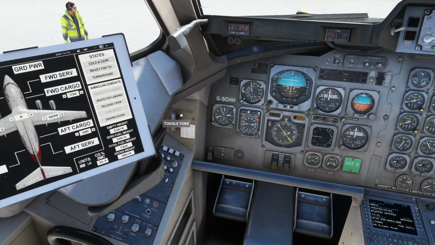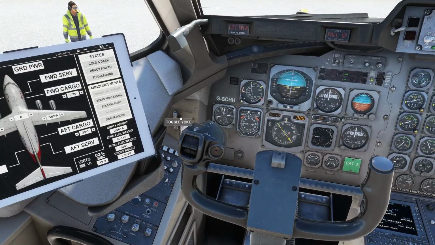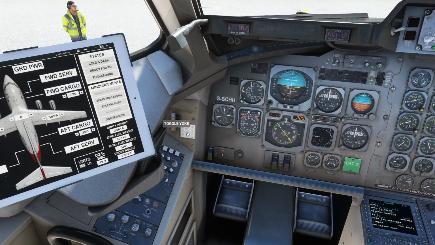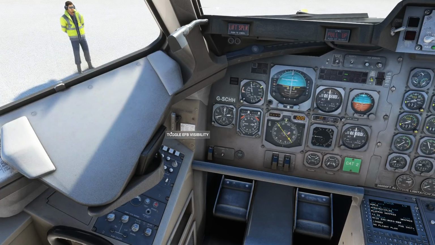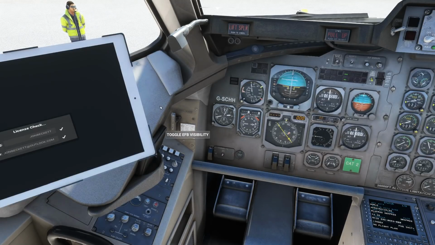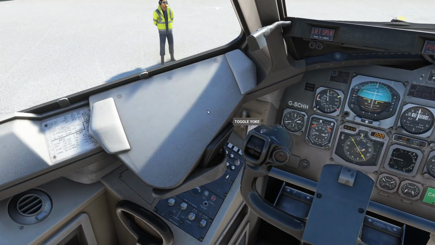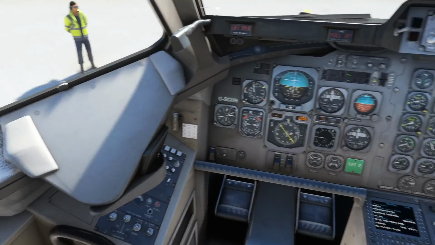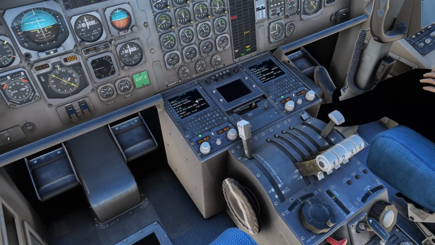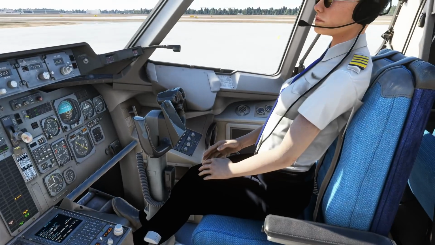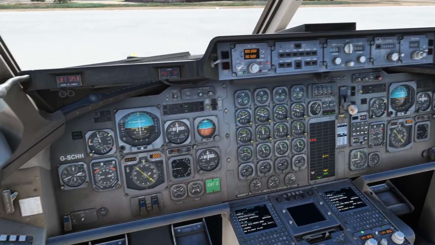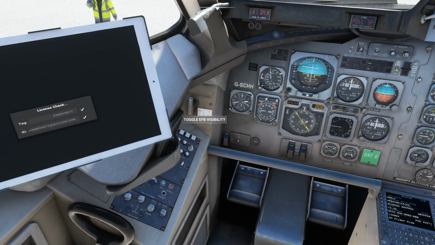If you click, the yoke can be removed with a lever over here, and the little panel here will get the tablet out of the way. So if you don't want the tablet in your way, it will disappear. Okay, so we'll get the yoke out of the way as well, so we can see what we're doing. We can control whether we can see another co-pilot. If we go and pull up the tablet again,